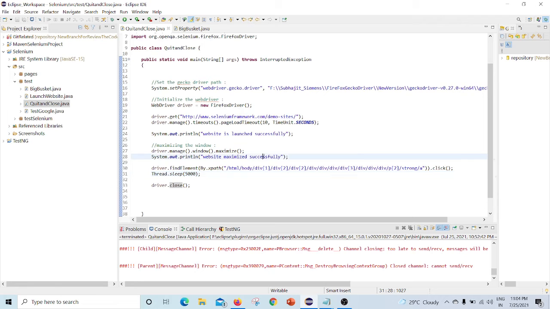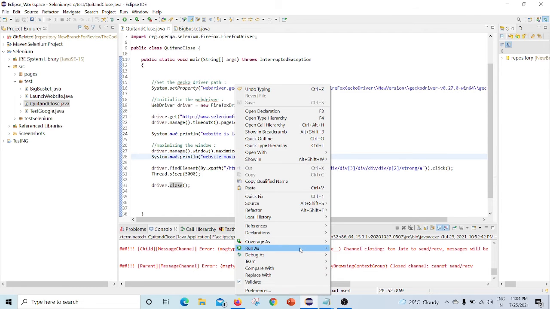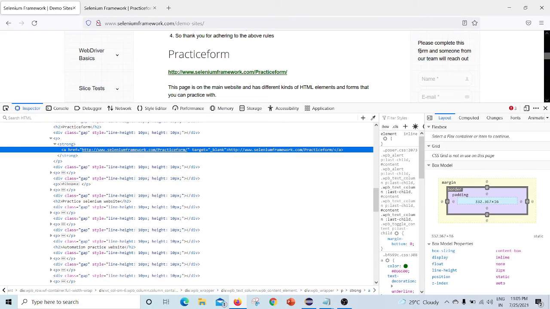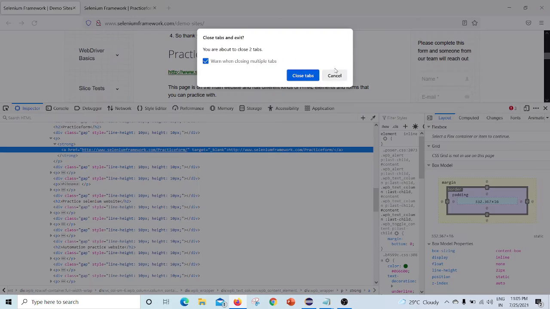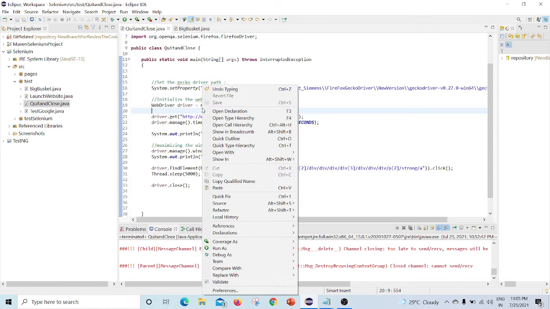I'll run the script and check whether it is working fine or not. Right click, run as Java application. Before that I'll close the browser. Now run as Java application.